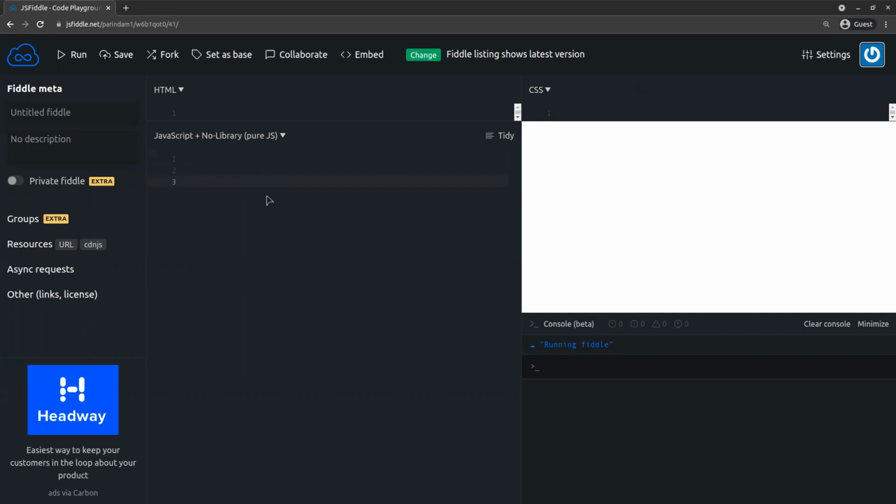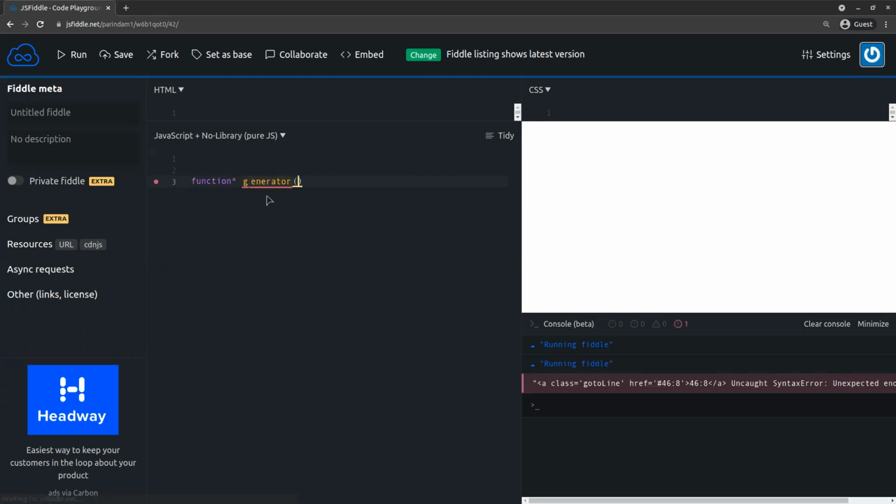For a generator function, the syntax looks like this: function, then star, then the function name. I'm giving the function name generator. It will take one argument, a. Here, first I'm returning with yield.